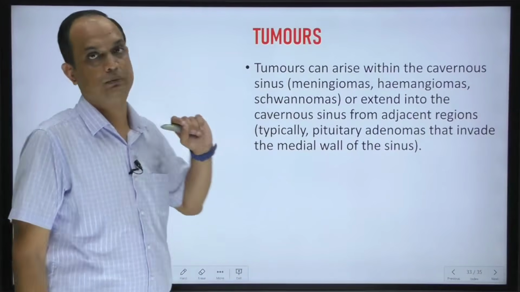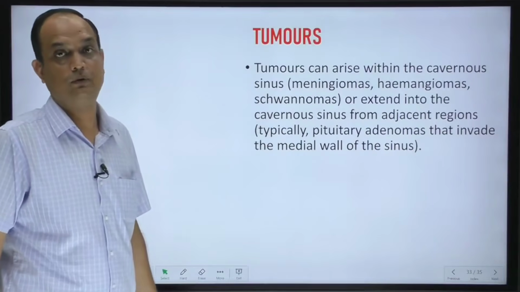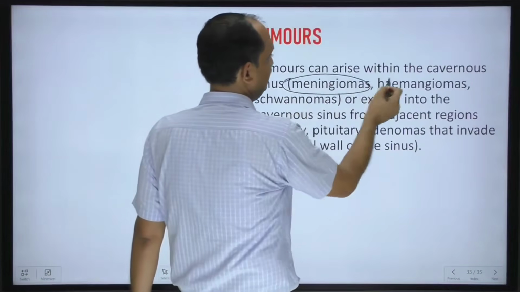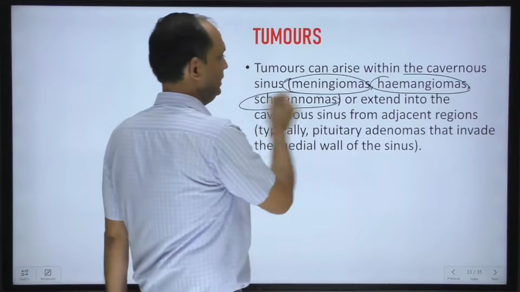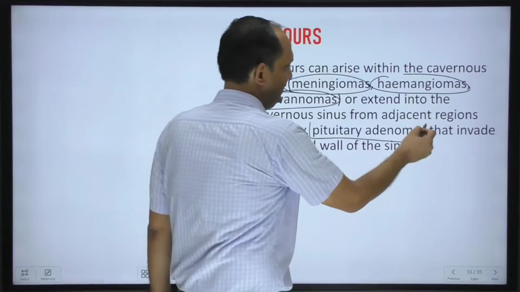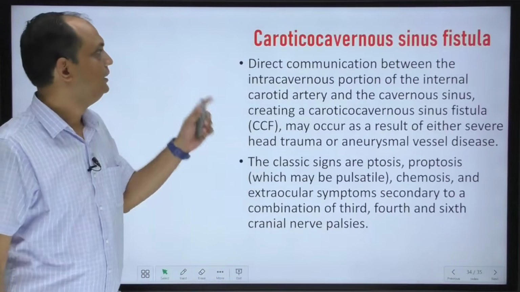Then you have the tumors. Tumors may be inside the cavernous sinus or outside the cavernous sinus. If they are inside, it can be meningioma, hemangioma, or schwannoma. If it is outside, then they typically arise from the pituitary gland. Apart from that, you have